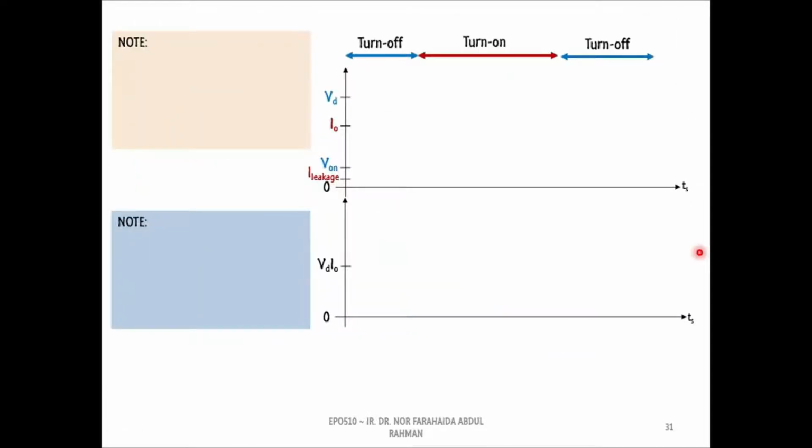Now, let's focus on how to calculate the power losses. In this topic, we will concentrate on the switching power losses only. As mentioned before, the power losses occur when a power switch changes from the off state to the on state